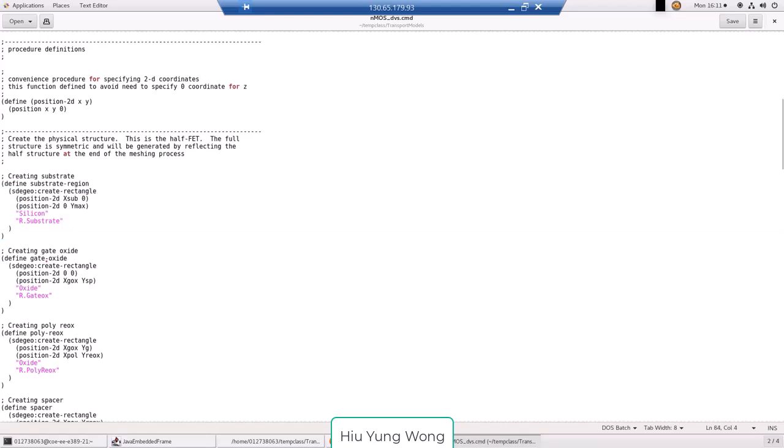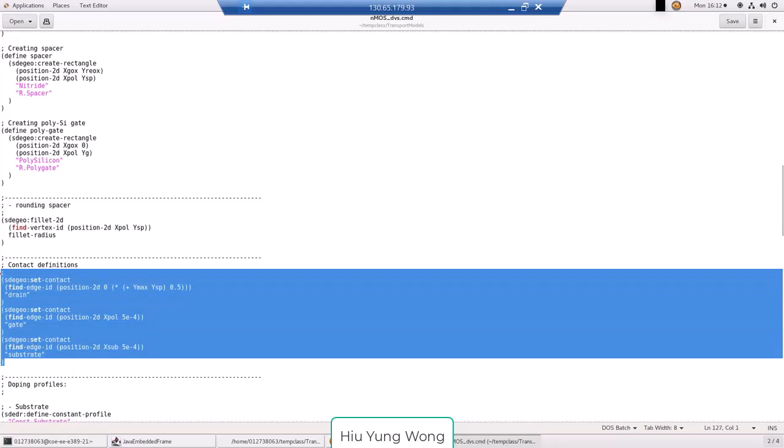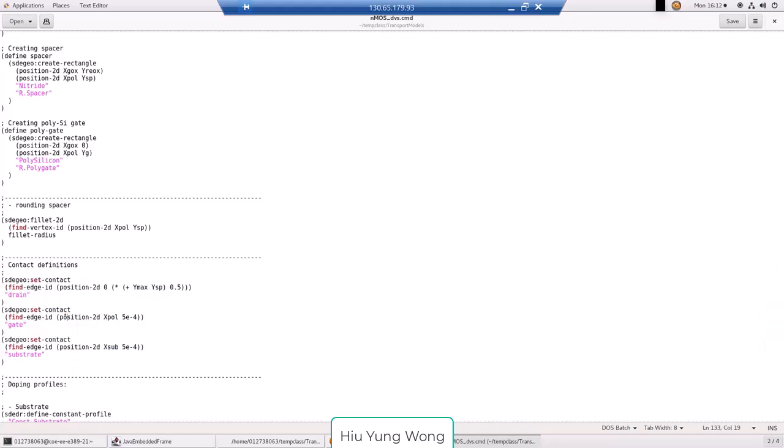So I keep doing this. I create the gate oxide. I do poly-reox, etc., right? After this is done, I will need to create a contact, right? So what is a contact? Contact is nothing but just a label. For example,